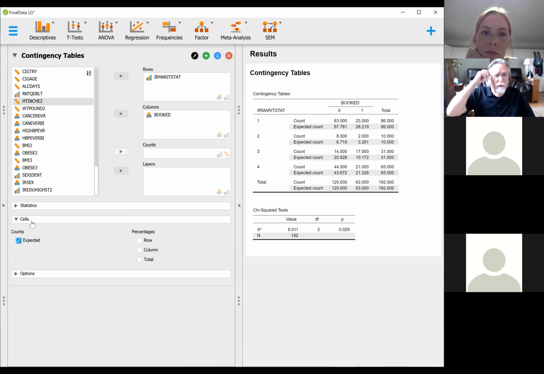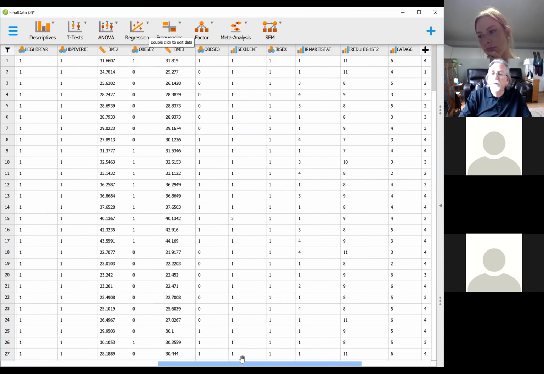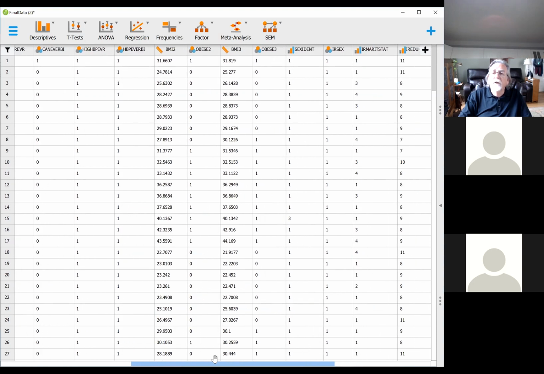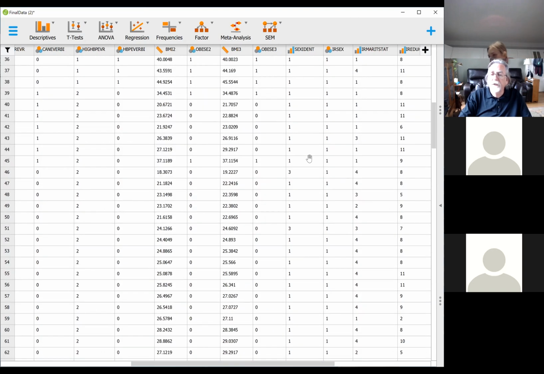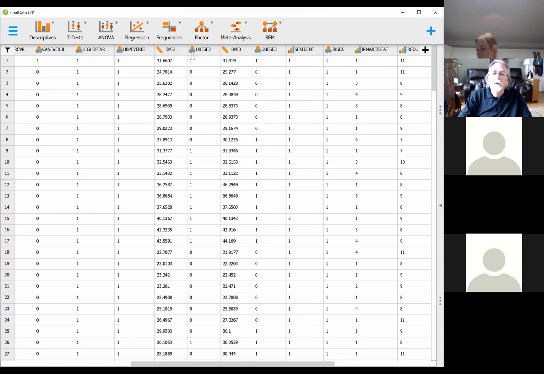Okay. All right. Well, let's look at logistic regression. I'm just going to run it on the same data, and we'll use some of the same notions here. Since we know booked is 0 and 1, let's see if ever having had high blood pressure and marital status together, we'll put both of those in there just for the heck of it. Let's see if, and sexual identity, or we'll use gender. This is actually our sex is gender. And so we will